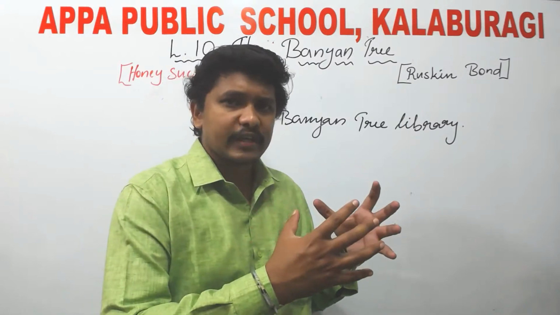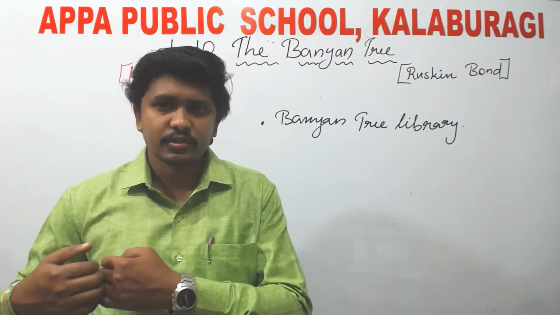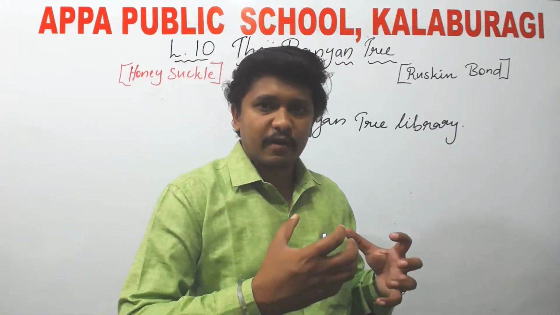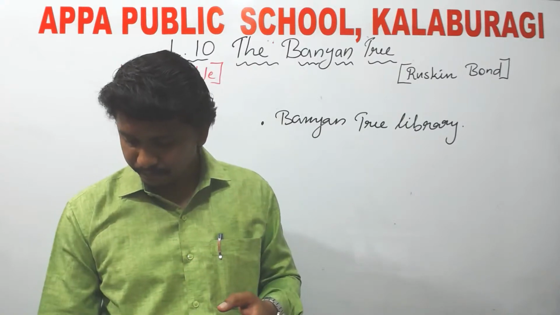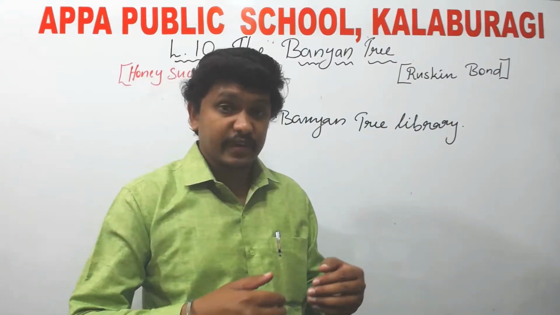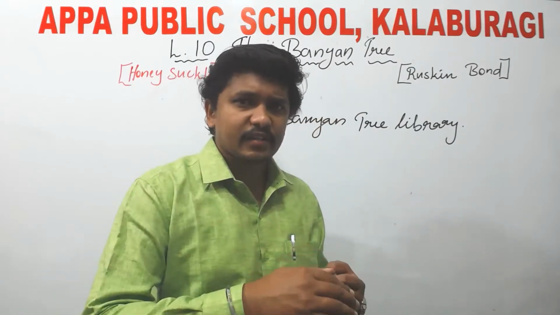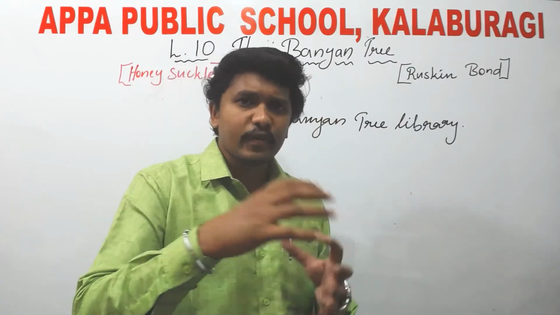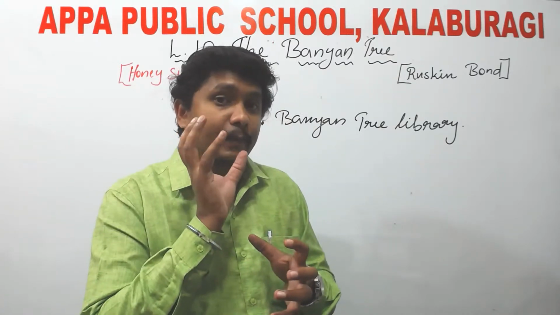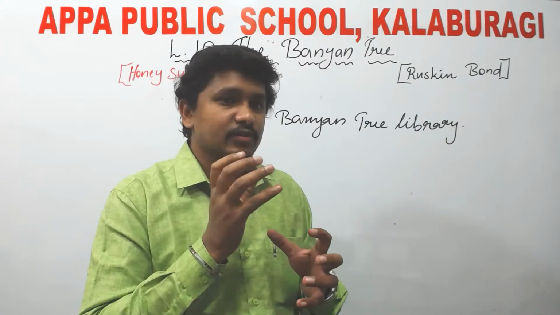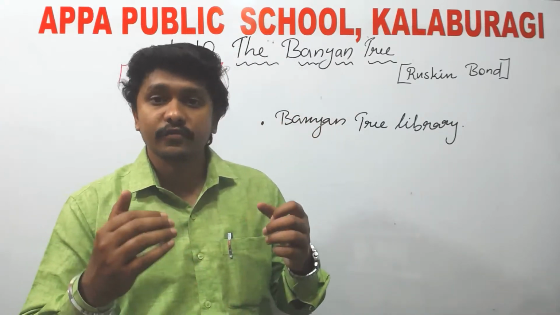That means the mongoose has his own speciality as well as the cobra has its own speciality. So what was the speciality of the mongoose? It was very bold, aggressive and very skillful. As well as the cobra, it can strike at the speed of light, it can move very swiftly, and the important thing is that the deadly poison is there. It is always carrying the deadly poison. So that was the important speciality of the cobra.